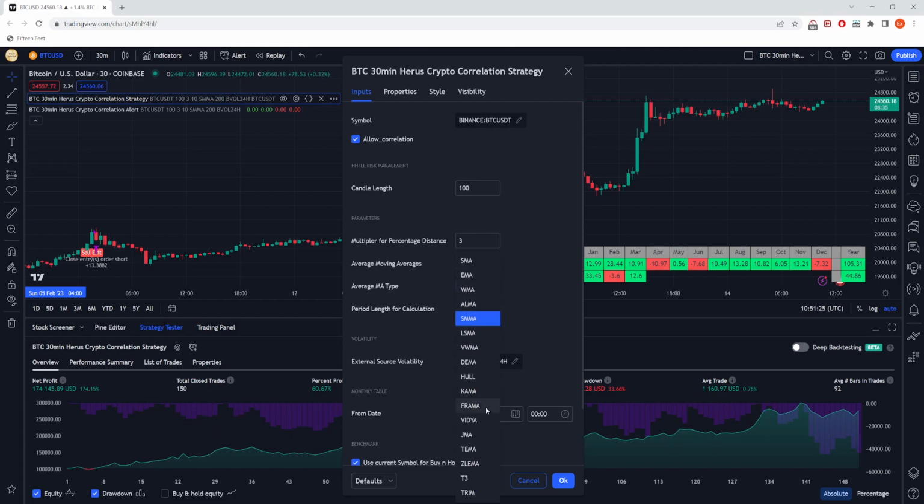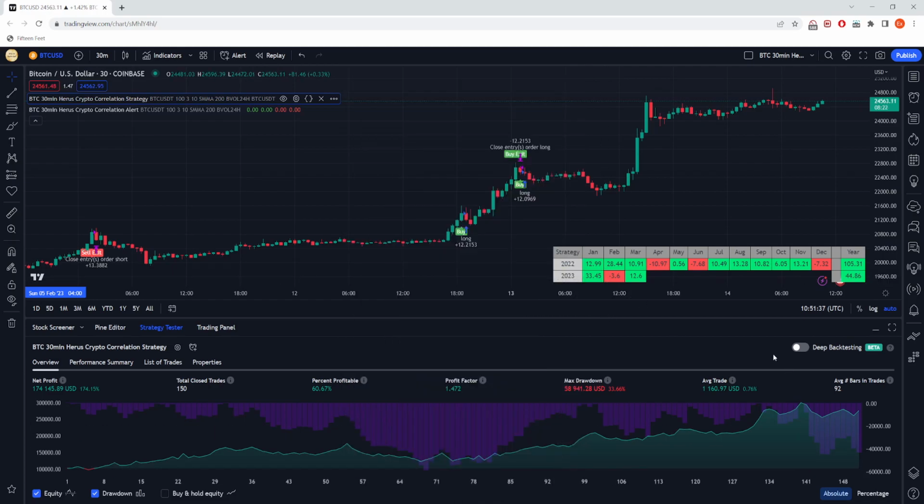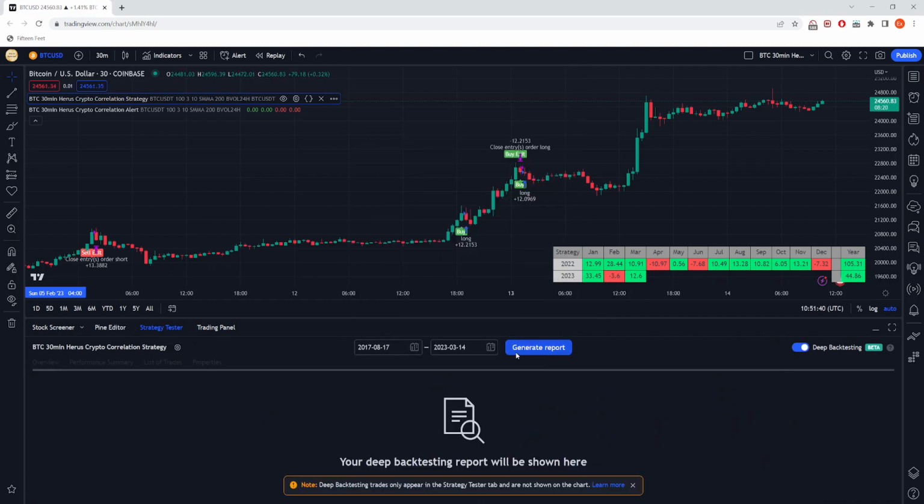You can see that for the moving average type, we have a big list of parameters which you can use. Currently, I like the SMMA, but if you want to make your own choices and your own calculation, I would recommend you to do the next process. So we are going to use the entire deep backtesting. And when we use this deep backtesting, we are going to have